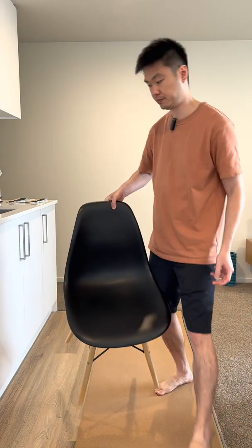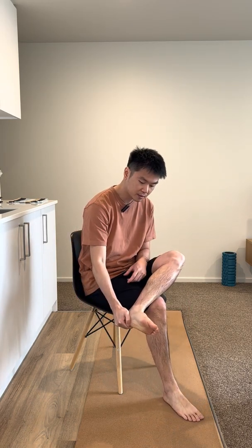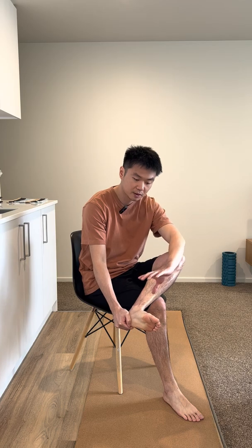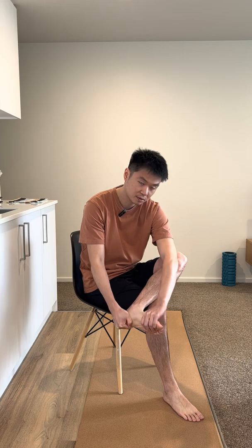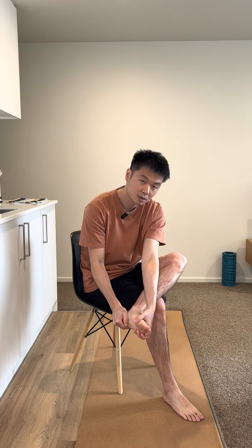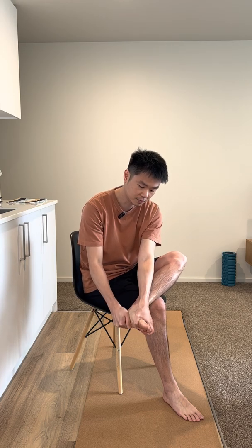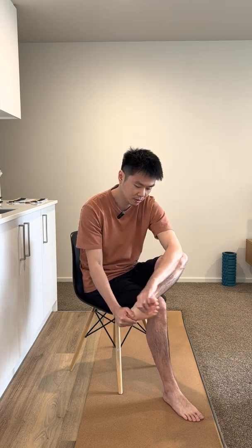So basically, what you can do is one hand cup the heel here, and then one hand in this manner, hold it here, and then you can just do this kind of rotation movement. Or you can hold it this way. So just turn it in opposite movement. You can just turn it around,